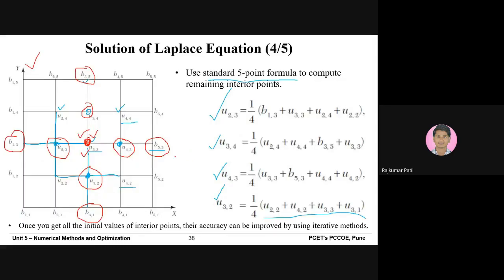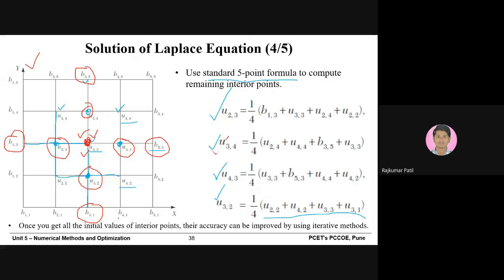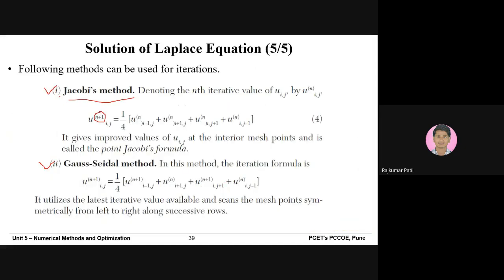Or before this, I will tell you here. The points that we estimated here, all the data points that we estimated in these two steps, are primary or initial values, and the accuracy of these values will not be at a great level. So what you need to do is increase their accuracy by doing iterations or by using iterative methods. By doing a number of iterations, you will get accurate values. For doing iterations, we use the Jacobi method or the Gauss-Seidel method.